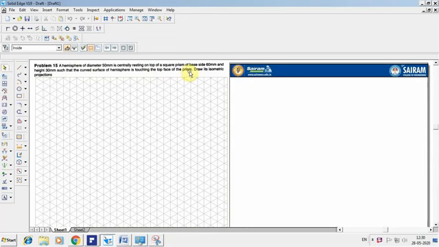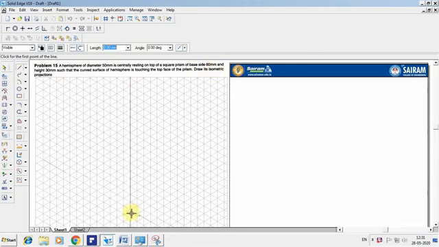Draw the isometric projection. In this we have two combinations of solids. One is a square prism and the second one is a hemisphere. So let us draw first the square prism of base side 60 mm and height 30 mm. Let us take any one particular point on this.